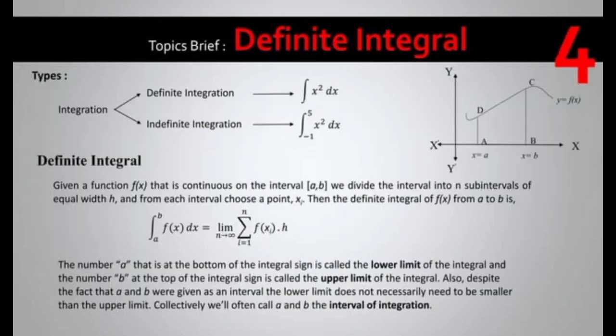There are two types of integration. First, we have definite integration and indefinite integration. Given a function f of x that is continuous in the interval [a, b], we divide the interval into n sub-intervals of equal width h, and from each interval choose a point x. Then the definite integral of f of x from a to b is